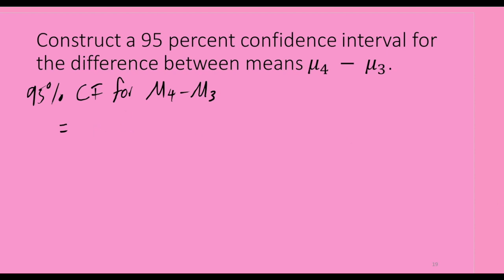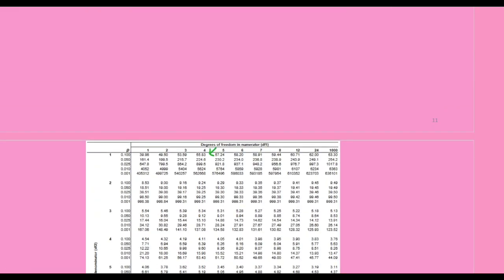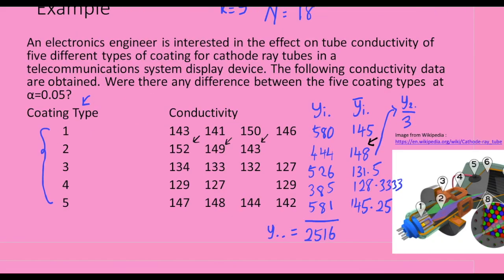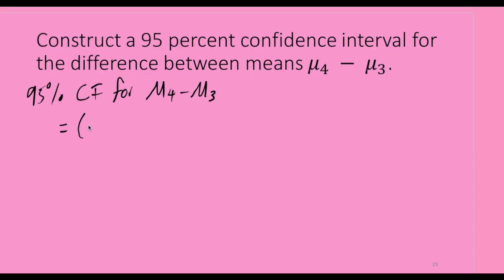So let's check what is y bar 4 dot and y bar 3 dot. The values are these. This is y bar 4 dot and this is y bar 3 dot. So we have 128.3333 minus 131.5 plus minus t alpha over 2 would be